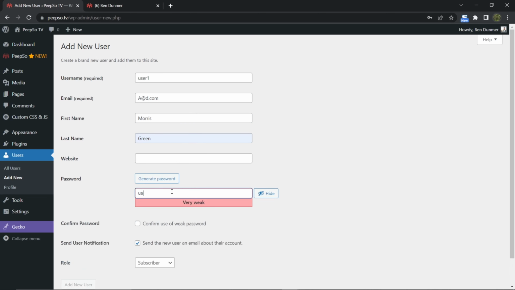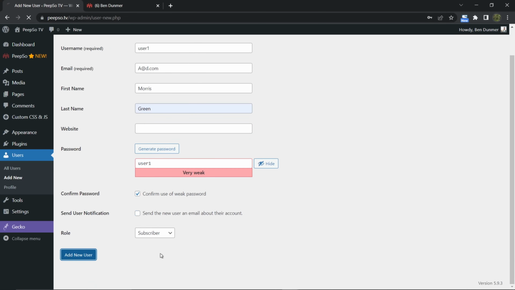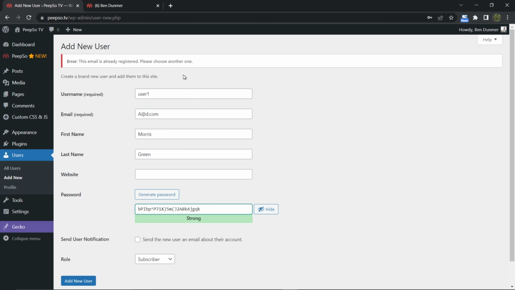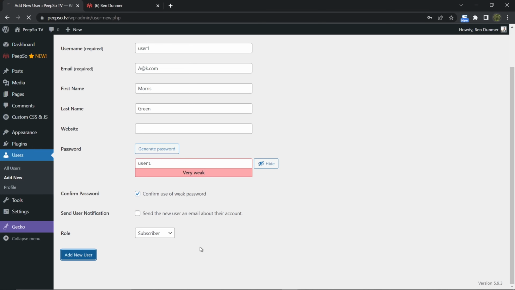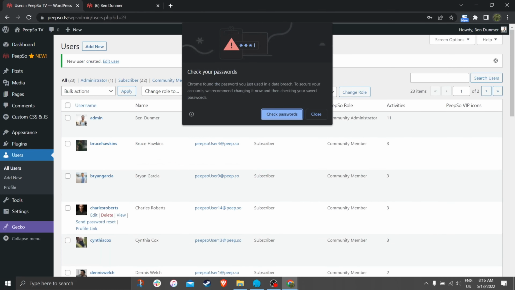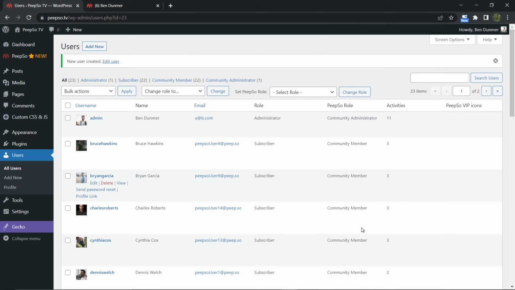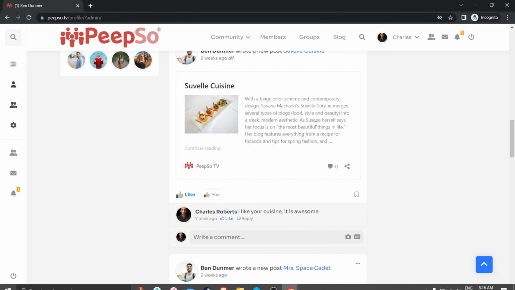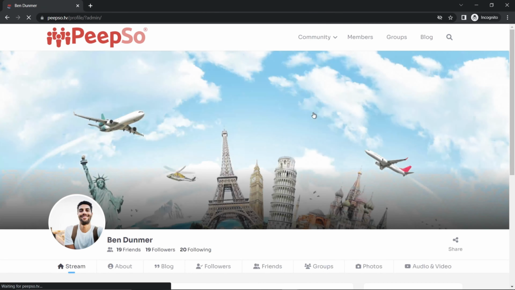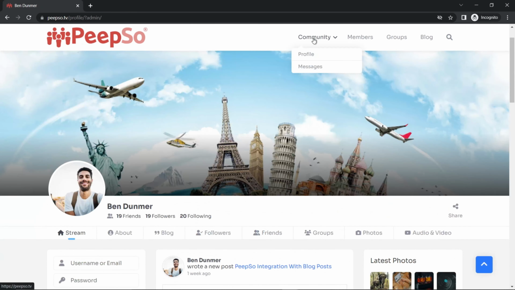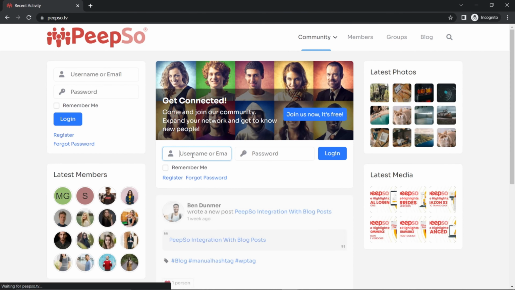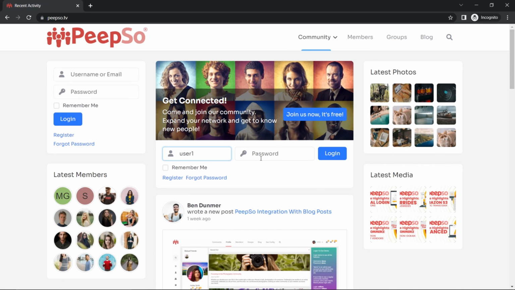And password is going to also be user1, so I can easily log in with this user. Okay. Confirm, add new user. And now let's come back here and log in as this user. User1,